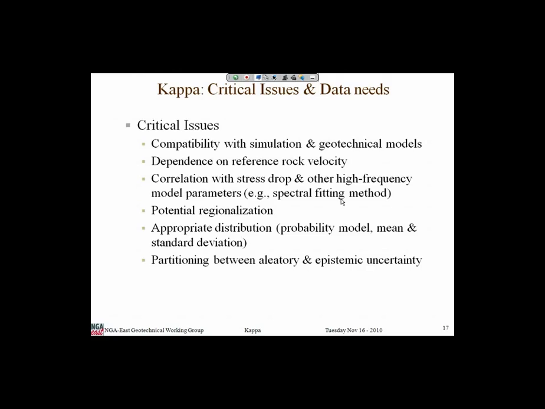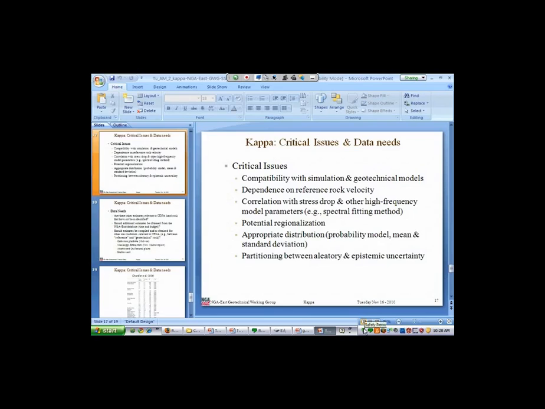For trying to get higher sample rates on the broadband data. Jack mentioned that, yes, because Kappa is a very high frequency parameter, particularly on hard rock, this is a good reason to get higher sampling rates on the broadband data so that we can really sample the higher frequencies.